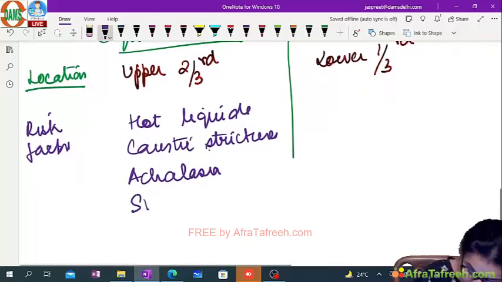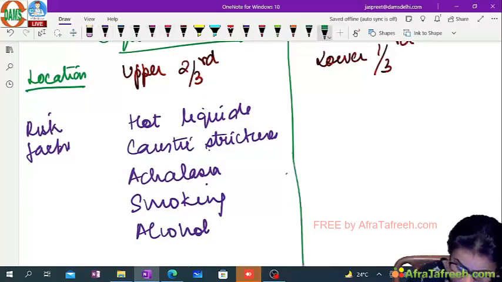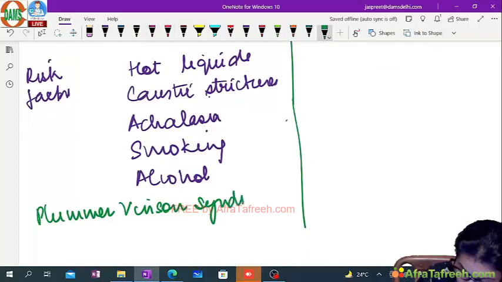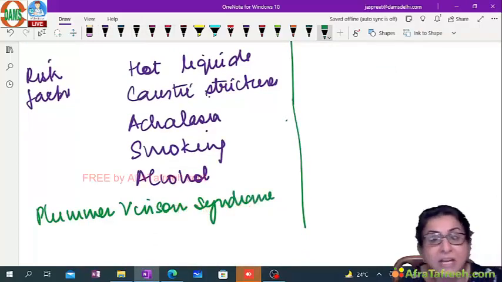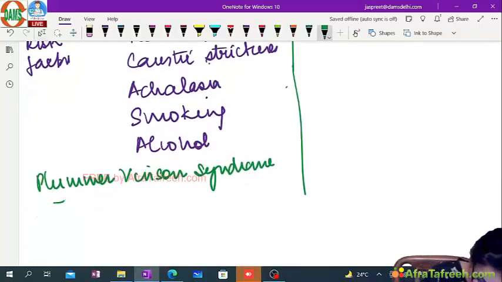Then smoking, alcohol, and one more factor is what we call Plummer-Vinson syndrome. I have already talked about Plummer-Vinson syndrome and iron deficiency anemia. Plummer-Vinson syndrome is a triad of iron deficiency anemia, IDA,